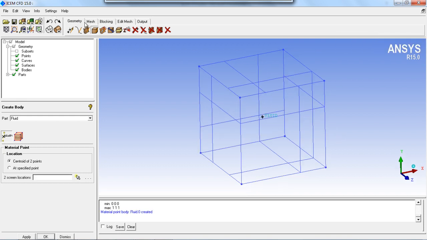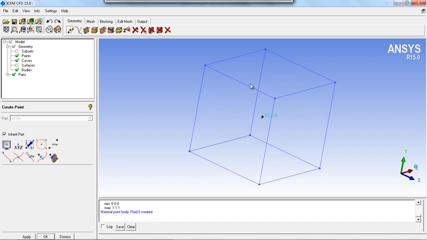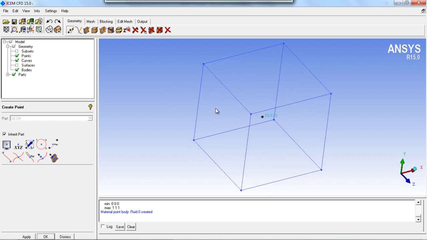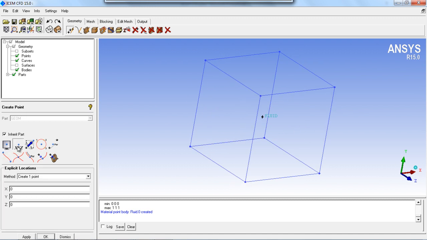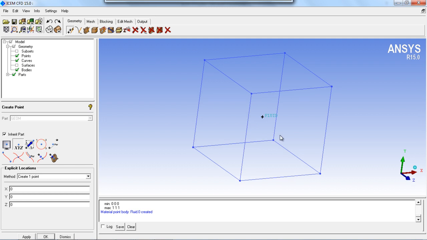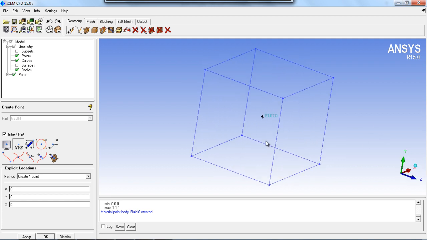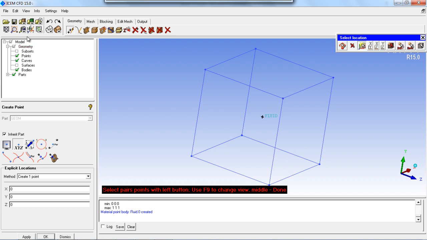Okay, let's say we want to create another cube inside this box. So first create one point. First get the location of these points. The x is 0, y is 0, and here z is 1.